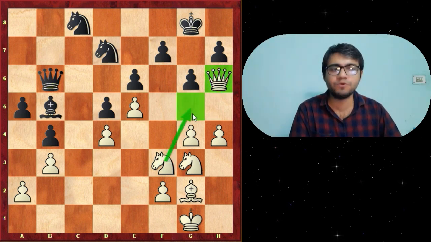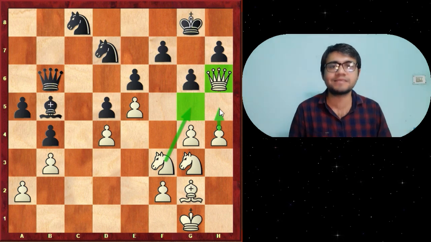Our knights can come to g5. We also have a pawn attack coming there. We can play h5. So if you count the number of pieces that are attacking the black's king, and if you look at the defenders,